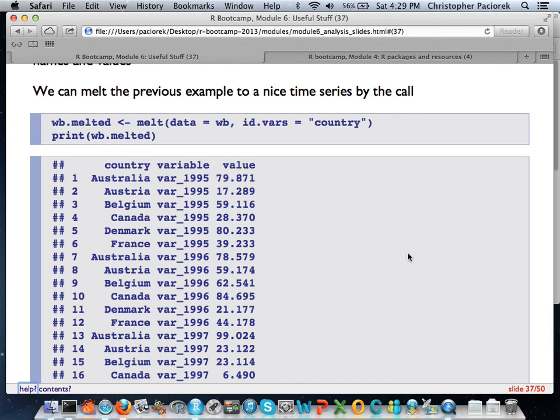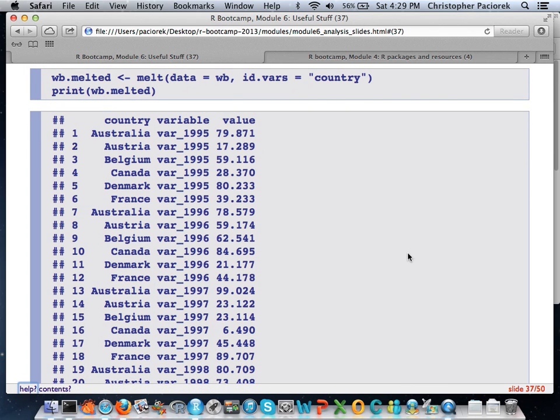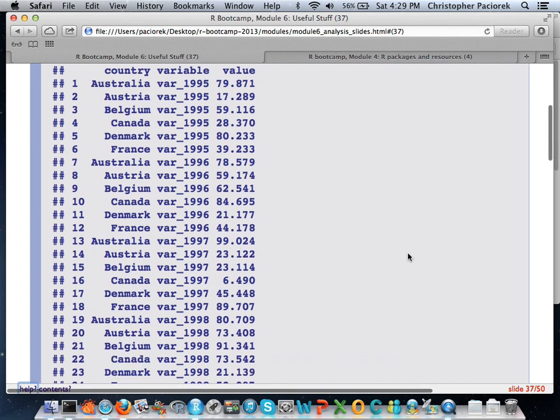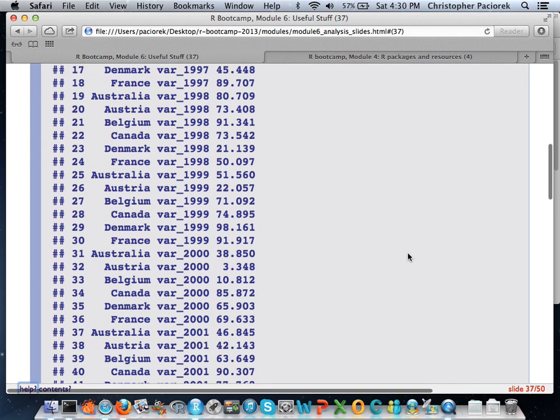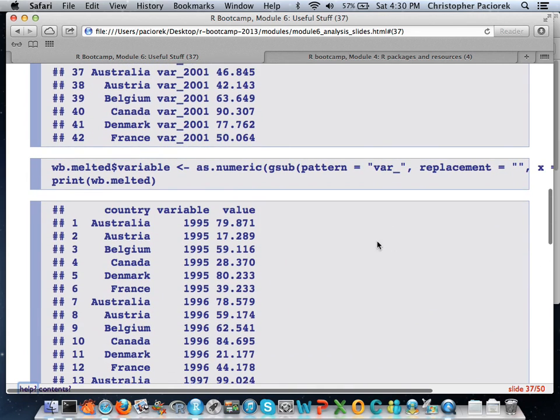Now there's another issue that we're going to have to deal with here. If you tried to plot var 1995, var 1996 somehow, that probably wouldn't work out too well in most software that I know of. So we need to adjust these values here to take off this stub. And there's a very simple thing that you can do, which is kind of helpful. This is the gsub function. And basically what this does is it detects a pattern in whatever you feed into it. In this case, the pattern that we're interested in altering somehow is this stub var with the underline here.